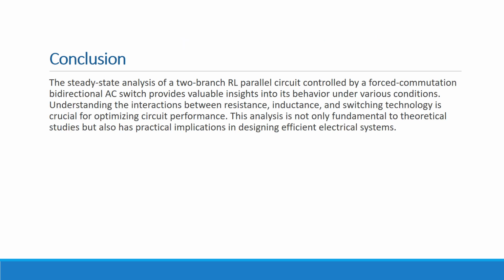Conclusion. The steady state analysis of a two branch RL parallel resistance and inductance circuit controlled by a forced commutation bidirectional AC switch provides valuable insight into its behavior under various conditions. Understanding the interaction between resistance, inductance and switching technology is crucial for optimizing circuit performance. This analysis is not only fundamental to theoretical study but also has practical implications in